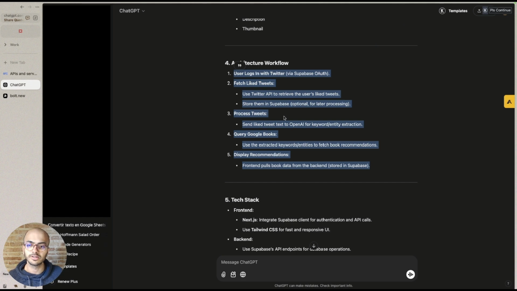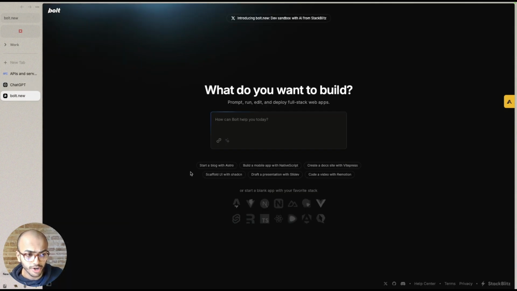So I think this is super helpful. And plus, it helps you save some tokens because you're going to need those as you iterate through the actual app, right? We just copy paste this architecture, and then we go to bolt.new as always, and basically give it